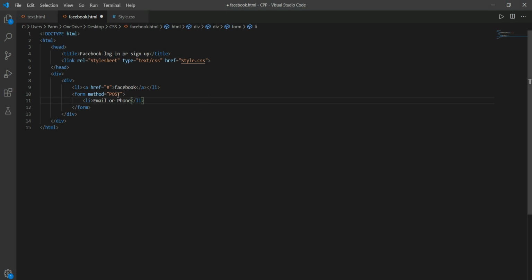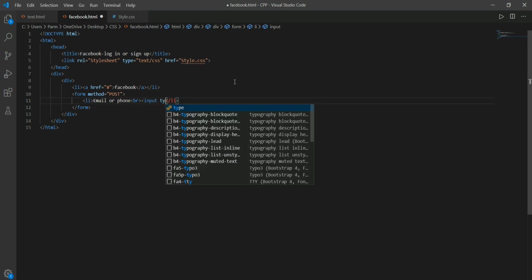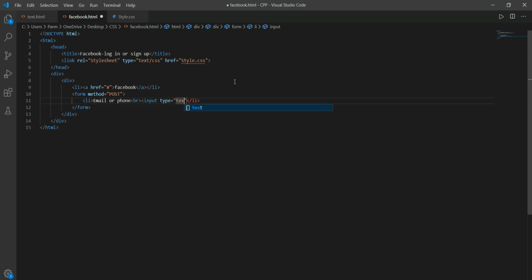So how to write this? We just put a space and small. Then after this we go with the line break. Then we use another element, input, then type. Here I am selecting type as text. This one listing is done. In another line we write password.